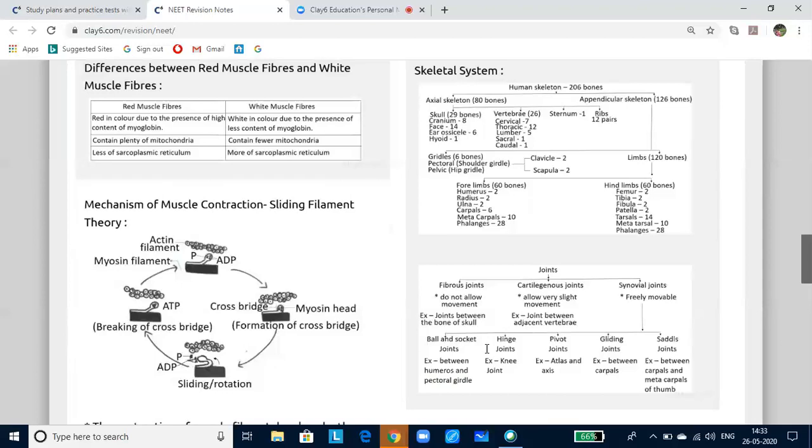A new ATP binds and the cross bridge is broken. The ATP is again hydrolyzed by the myosin head, and the cycle of cross-bridge formation and breakage is repeated, causing further sliding. The process continues till the calcium (Ca2+) ions are pumped back to the sarcoplasmic cisternae, resulting in the masking of actin filaments. This causes the return of Z lines back to the original position, that is relaxation.